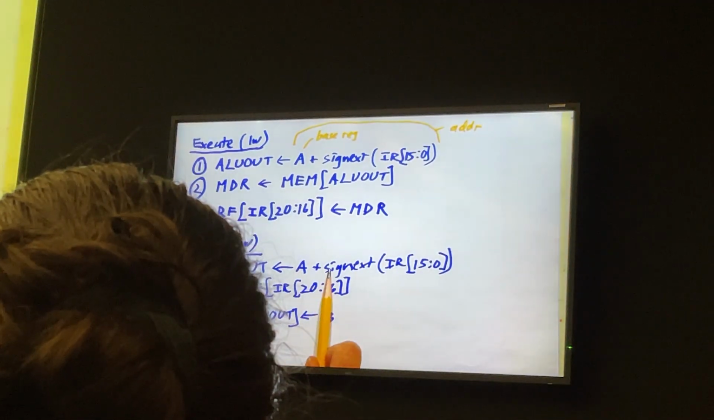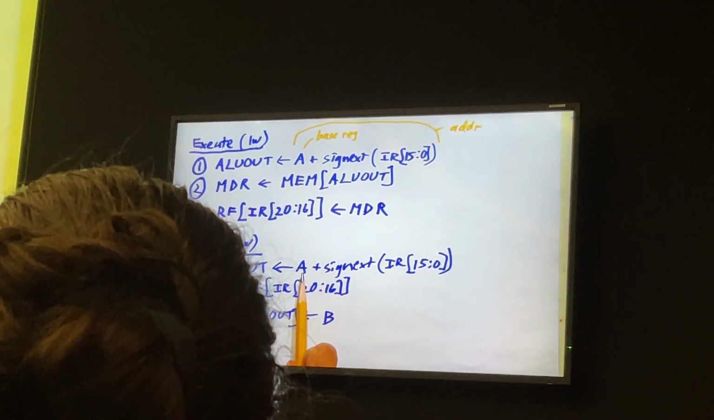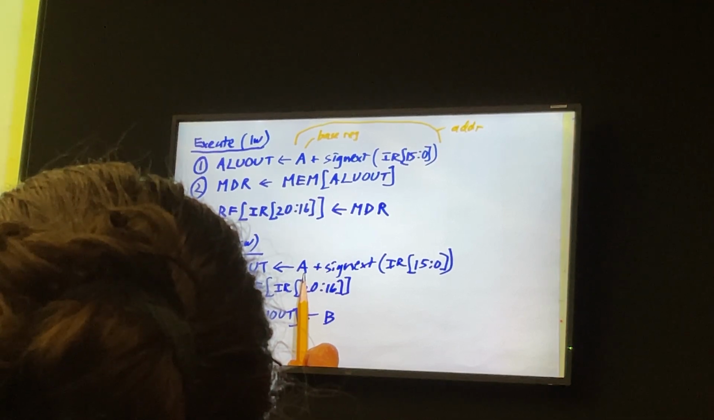first cycle you're doing an addition of the base register, which happens to be an A,